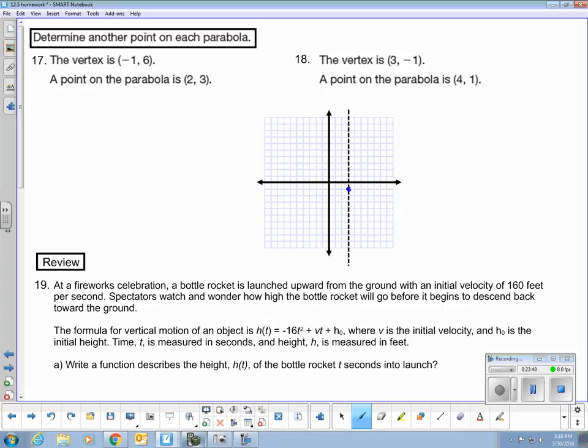Now, I don't know very much more about this parabola except that there is another point on this parabola at (4, 1), right here. So another point would be symmetrical to this point, which would be over on this side, equidistant from the axis of symmetry. So that other point would be 2,